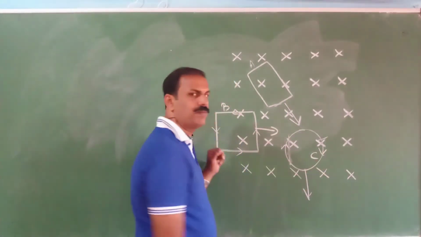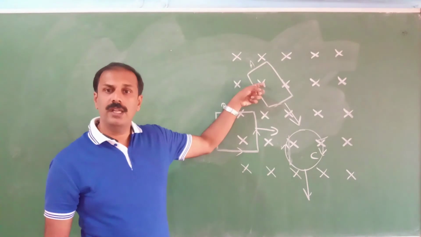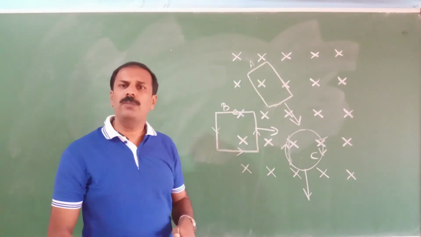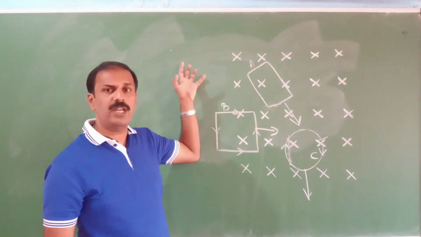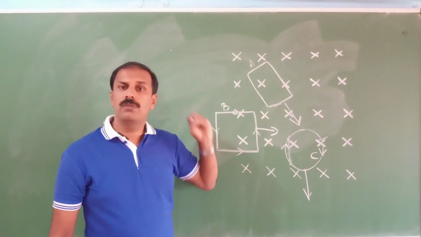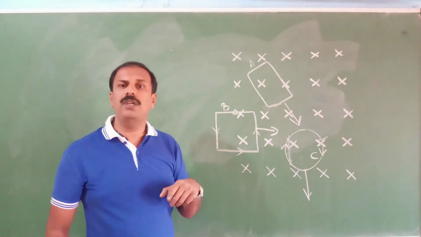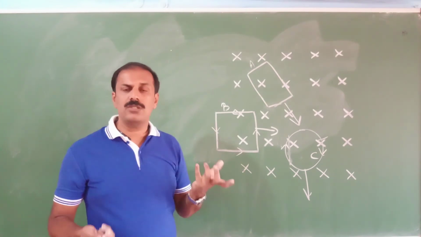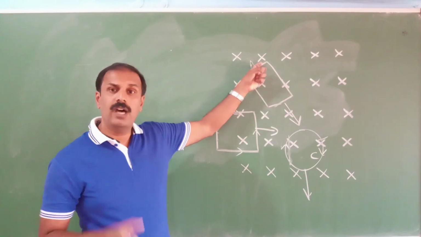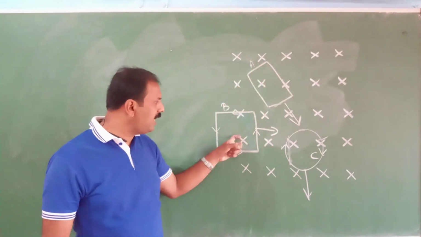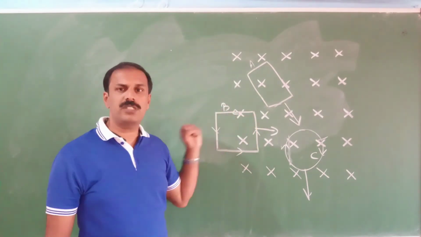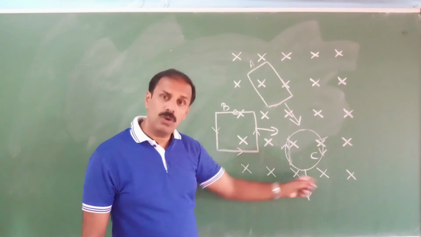That's what it says. Now the third case you see, you are moving this one inside the magnetic field itself. So there will not be any EMF because you are not taking it outside, you are not taking it inside. You are simply moving it inside a constant magnetic field. When you move something inside a constant magnetic field, there is no change, there is no rate of change of flux. So in this case, the case A, there will not be any EMF. In this case, we have a current, we have an EMF. And the current will be in the anti-clockwise direction. Here it will be clockwise direction.